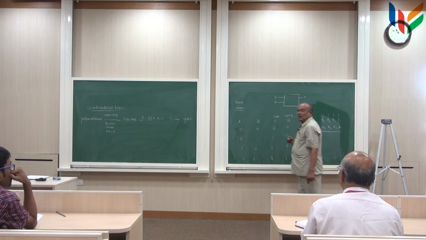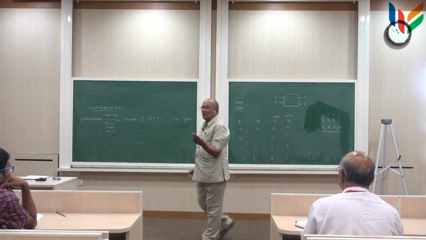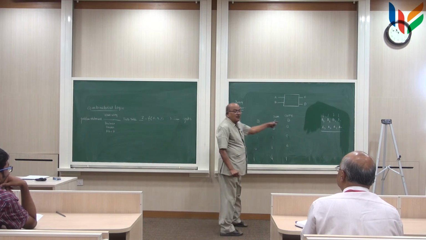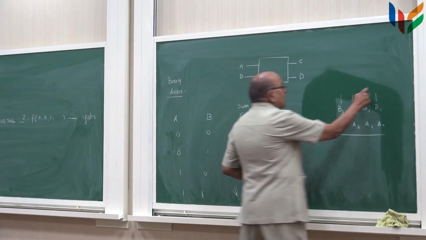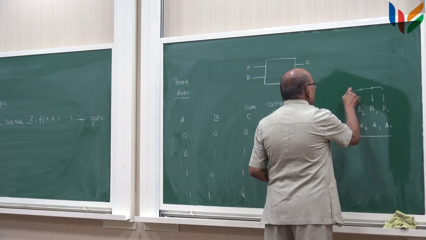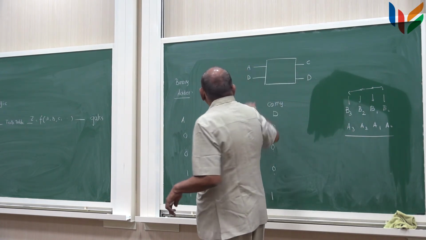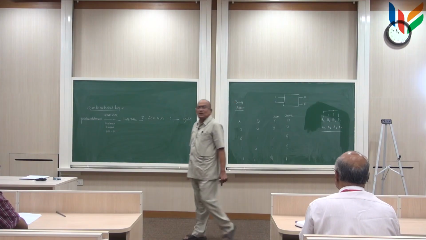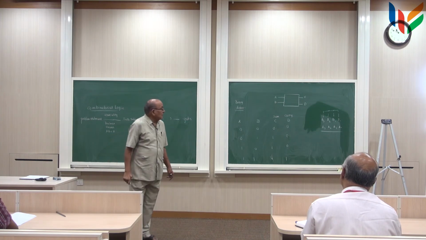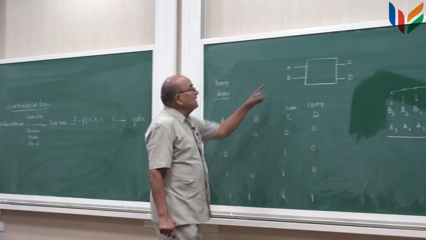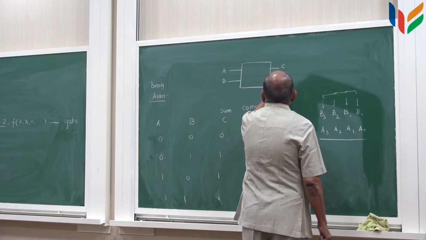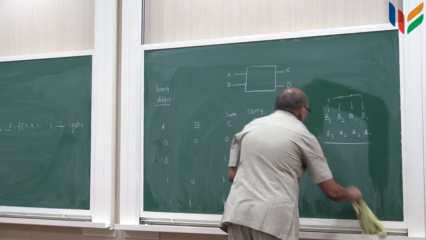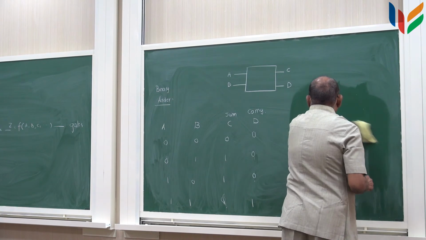separately. So if you have 4-bit numbers, then you require 4 adders like this, and each adder will give you a carry, and this carry also has to be added from here to here, from here to here, from here to here. So this black box will have one more input, which is the carry input, which is coming from the previous one. So if you have A and B, how does it generate a carry? And how does it generate a 0? So this is the truth table for addition of 2 binary bits.